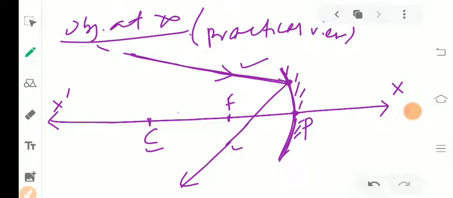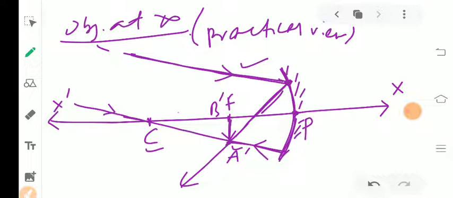So another ray of light passing through the center of curvature, after reflection, as we know, comes back in its own path. Then this is one reflected ray and this is another reflected ray. Where are they meeting? At this point. So the image will be formed here. When you draw a normal, then this will be your image which is formed at focus. So this is the complete ray diagram. Where is the image formed then? The image is formed at focus.